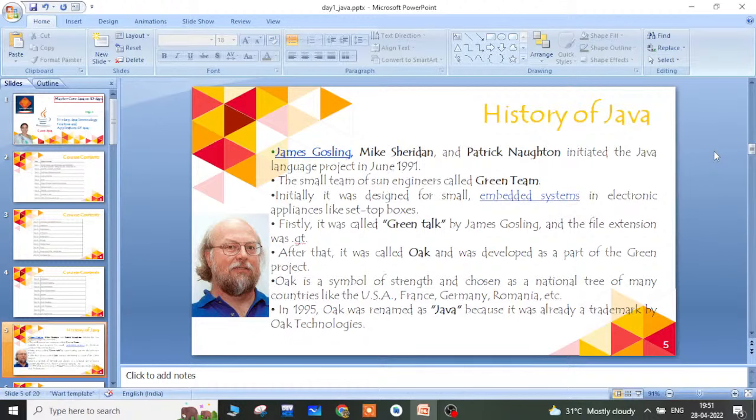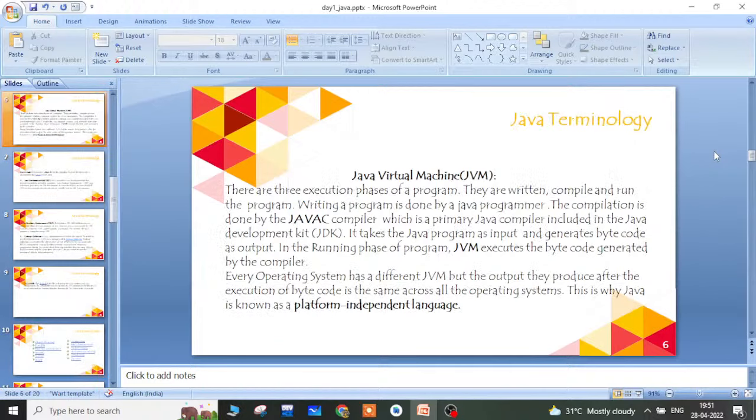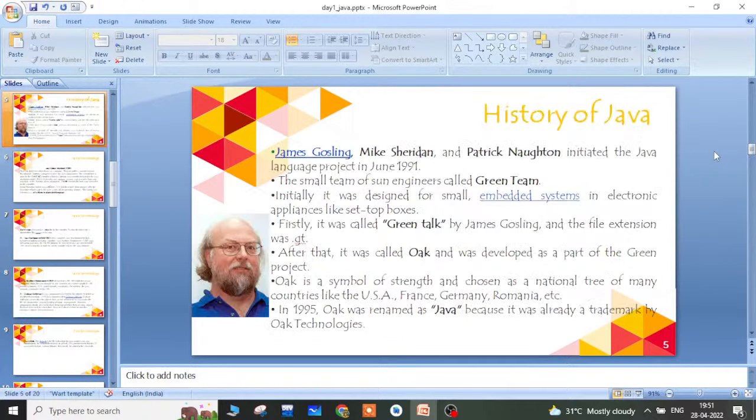After 1991 and 1995, after it was named Java, Java became available in different versions. It starts from the JDK beta version in 1995, and later in 1996 they made the first version of Java, JDK version 1.0, which was released in January 1996.